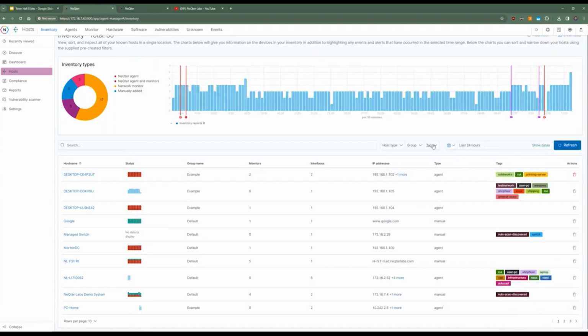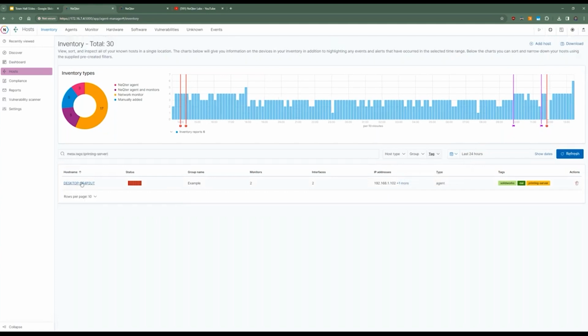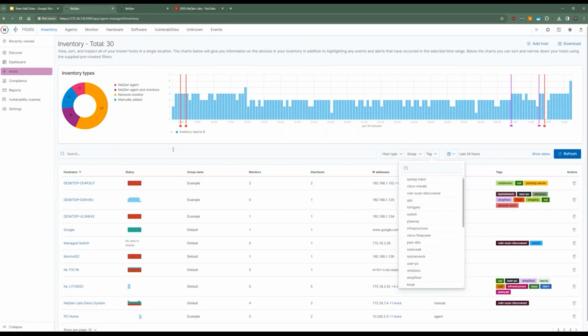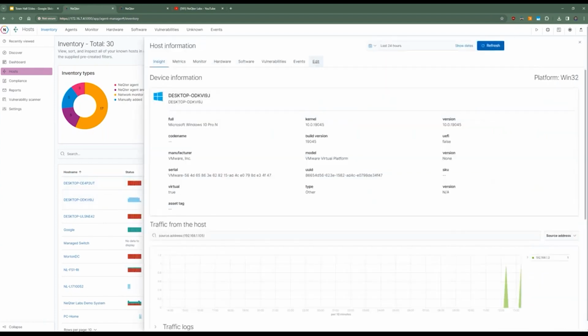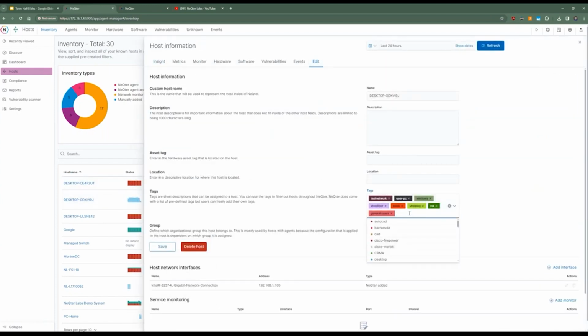And now this host is going to have this dynamic tag associated with it, and now I can search by that tag. So in the inventory, I can just see, okay, I have one host that has this tag that I just assigned, and we're just going to uncheck that. Now we're going to give that to another host. As I can see with this host, this has just gotten the laundry list treatment. I just keep adding different tags, probably for my demo purposes, but we're going to add a little bit more. We're going to add that new printing server tag that I created.